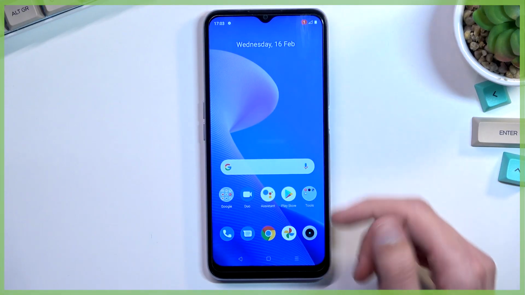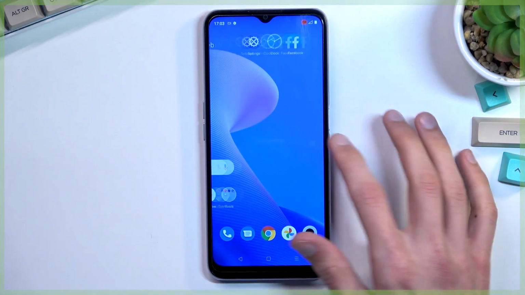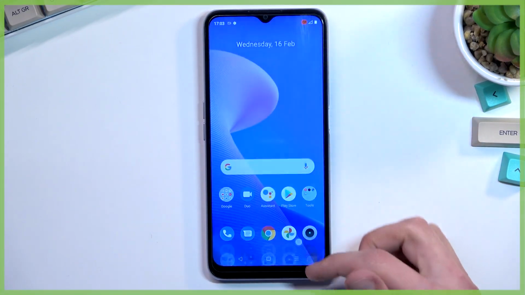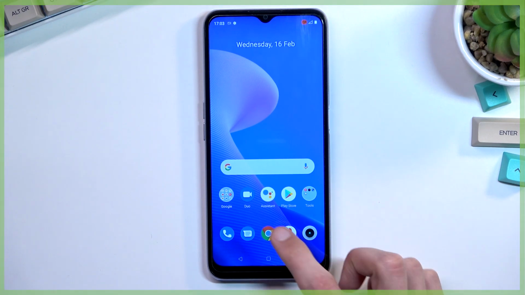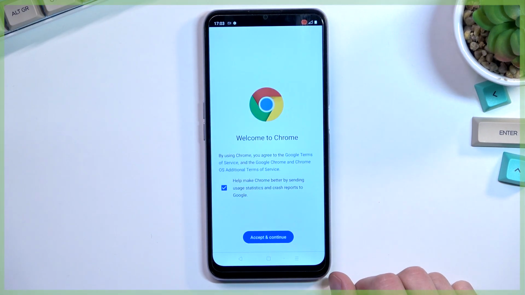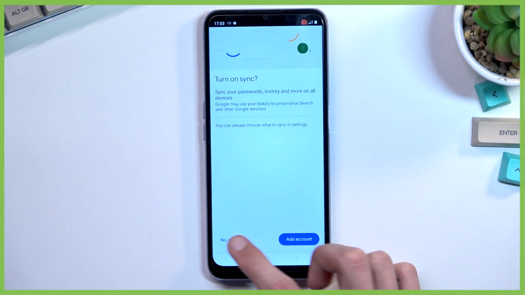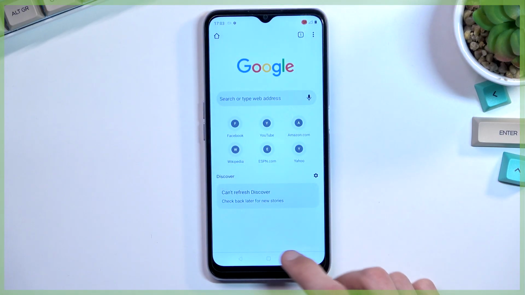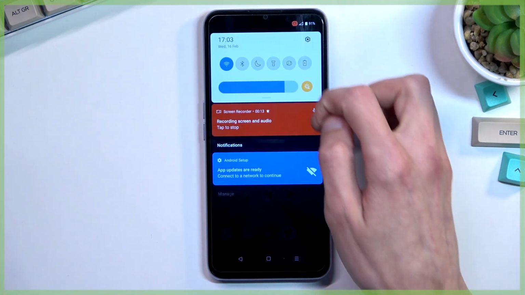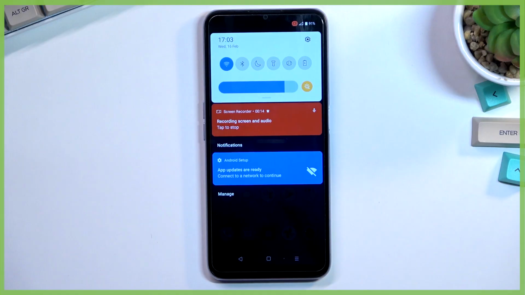It will give you a countdown, and from there start recording. So whatever you will do right now will be obviously recorded. So any kind of app you open, and once you're done with your recording, you can simply pull down your notifications, tap to stop,